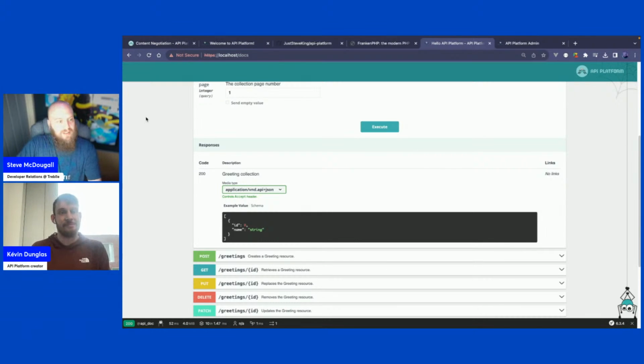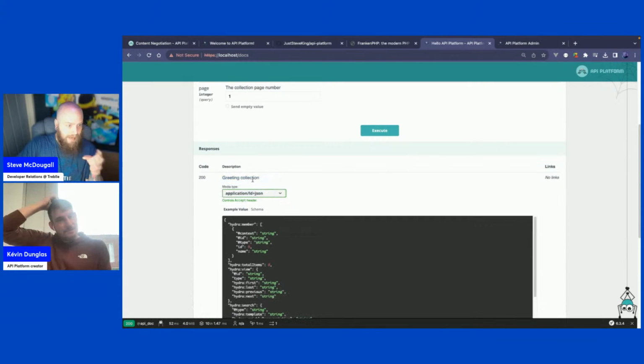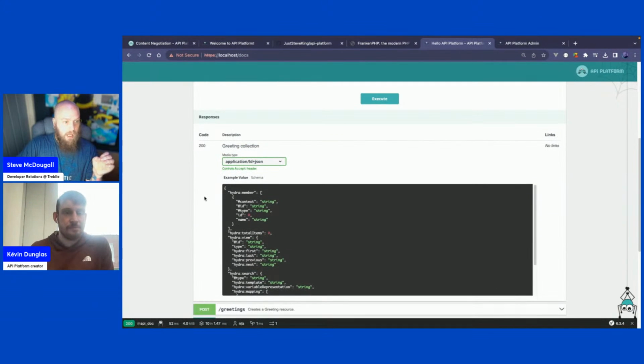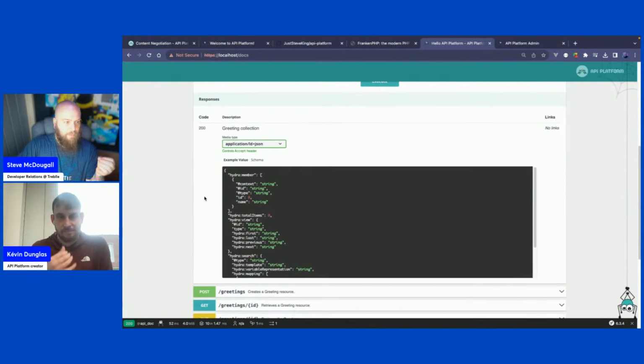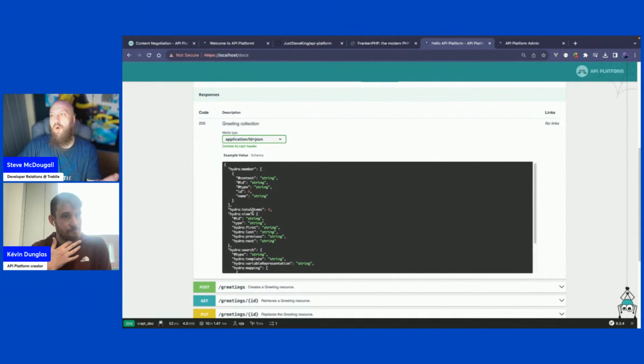Yeah. So, what I like about one of the best things with LD JSON is that it follows schema.org quite closely, right? Exactly.